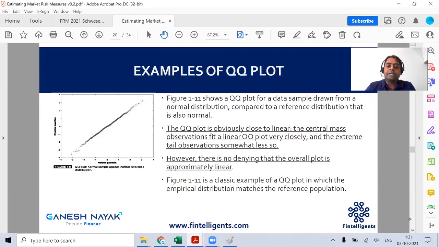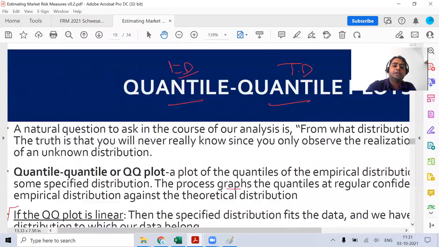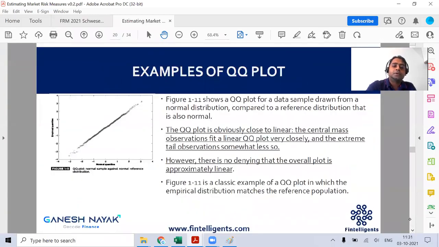Now obviously in this diagram, I'm just zooming in. One second. Sorry, I'm just